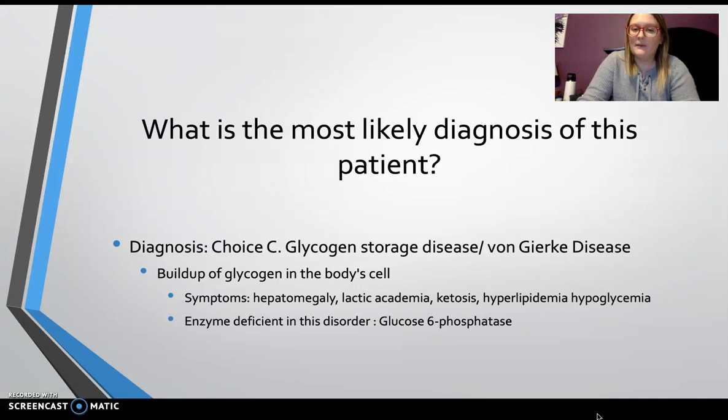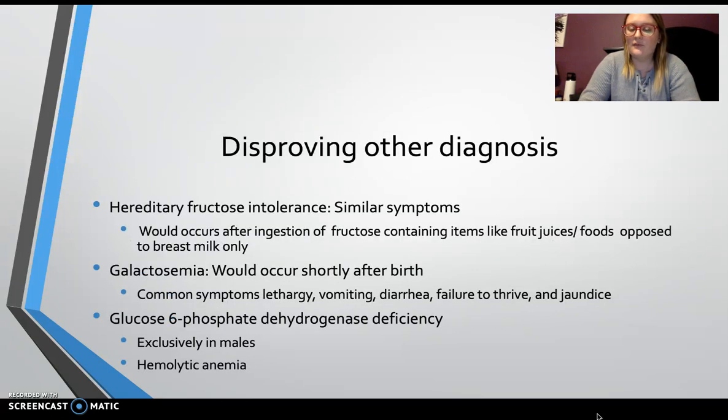A little bit more about why this is important is that lactic acid is converted via the gluconeogenic pathway to glucose 6-phosphate, and accumulation of the glucose 6-phosphate, due to malfunctioning of the phosphatase, will inhibit the conversion of lactate to pyruvate, so that will cause the high levels of lactate, as we saw in the infant symptoms. And so to talk about disproving the other diagnoses, choice A, which was the hereditary fructose intolerance,